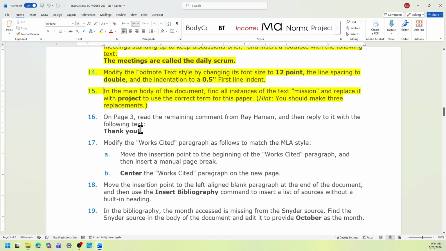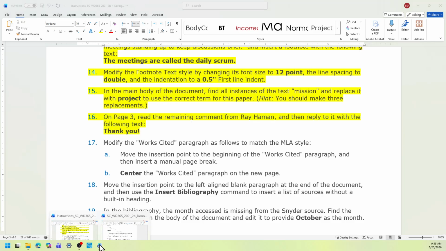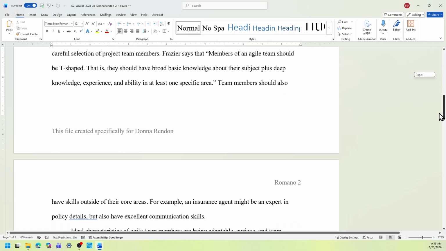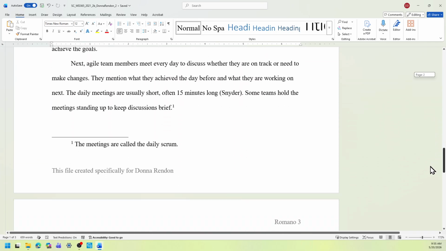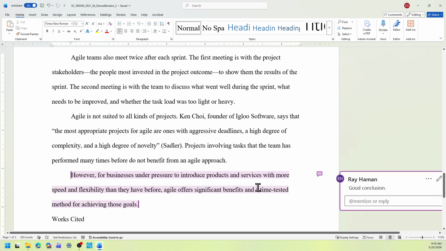Step 16 on page 3: read the remaining comment from Ray Hammond and then reply to it with the following text, thank you. So back to the start file. Now I'm going to scroll down to the right page, which is 3 of 3.